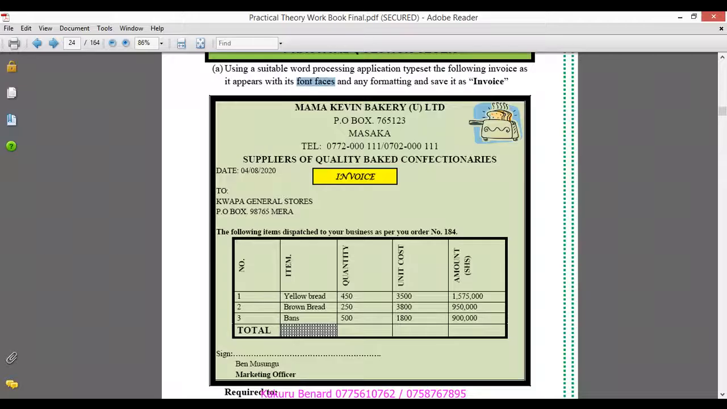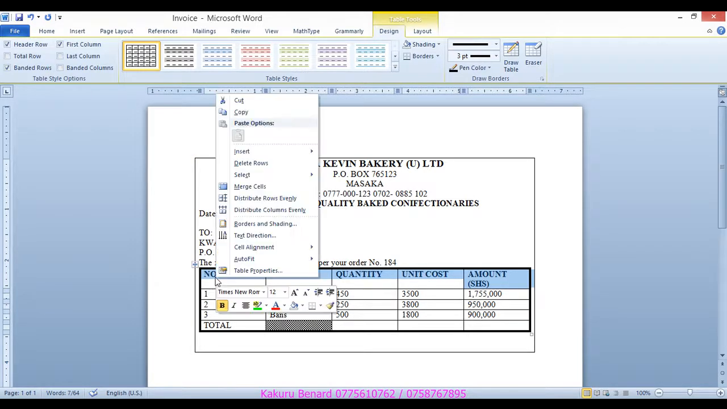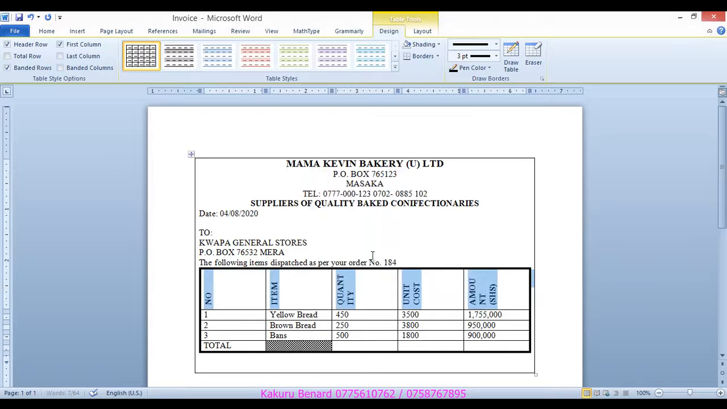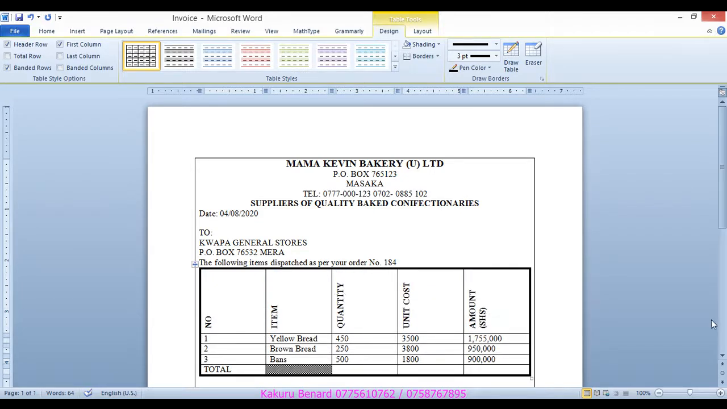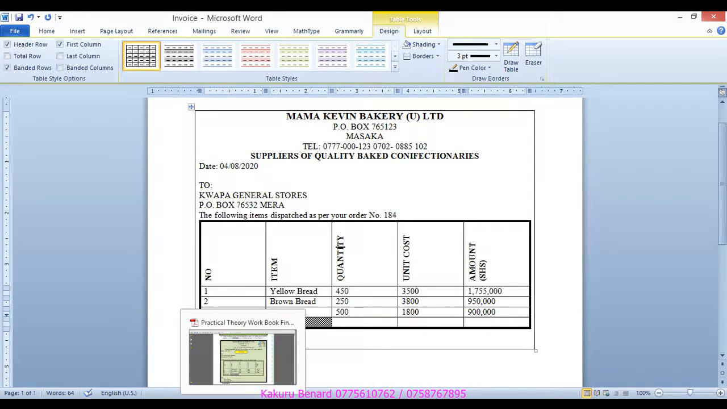And then when you study this table very well, these ones are bolded and they are aligned vertically. So we can select this row, we bold, then you right click, text direction, vertically downwards, you click OK. You can even try to expand your cells so that the text can fit well, like that. So this one is done,